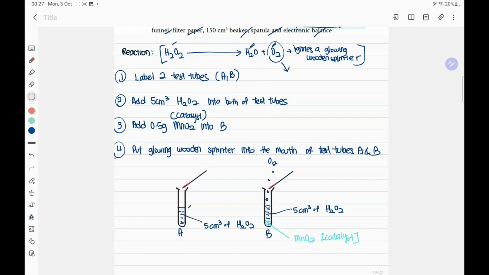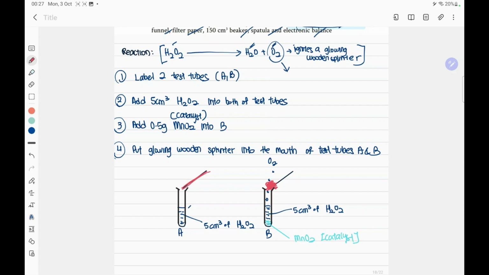So what role does oxygen play? Oxygen will ignite the glowing wooden splinter. So what will happen is that for test tube B, the wooden splinter will be ignited. You can see a small spark of fire here, and for this one, nothing happened. So we know that the reaction takes place. Actually, both reactions take place, but the rate of reaction for B is faster or higher than A